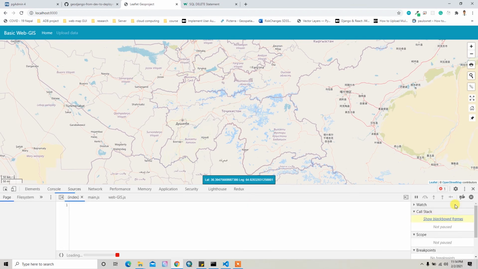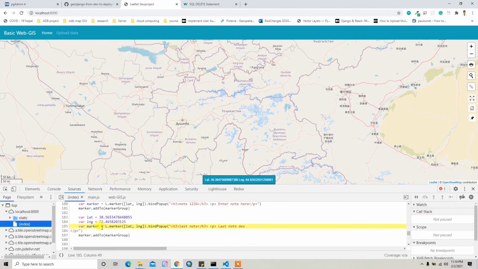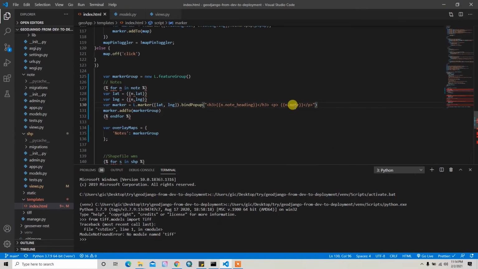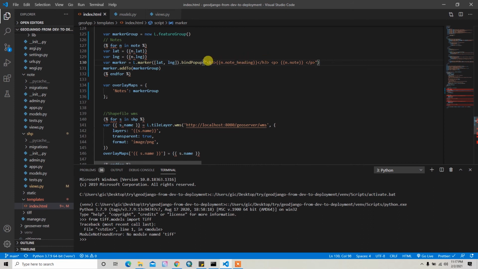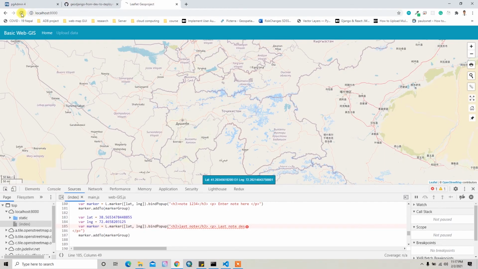So let's see. L dot marker, oh sorry, I forgot something. I think the problem is with this comma, maybe I can change it to a backtick. So let's try to save it and reload it.